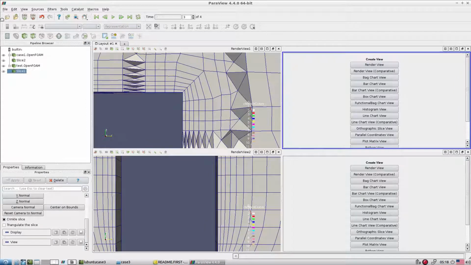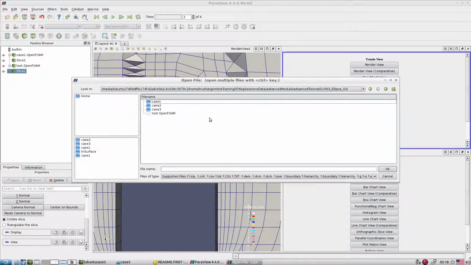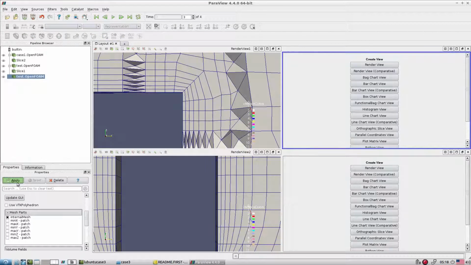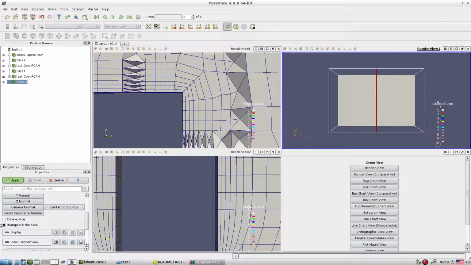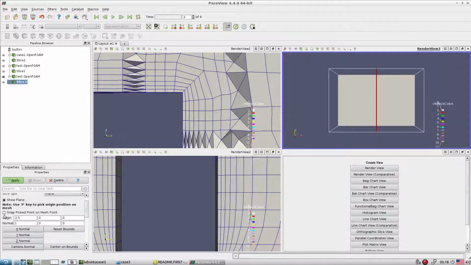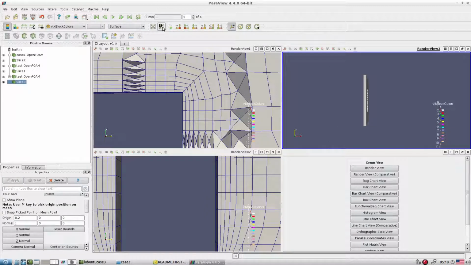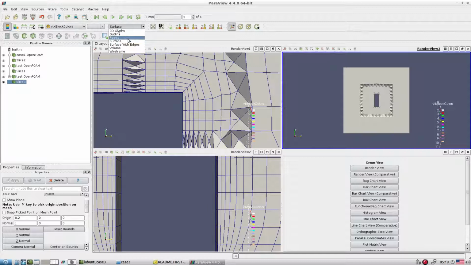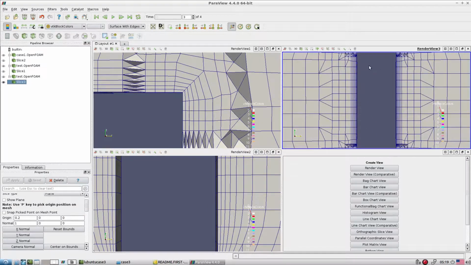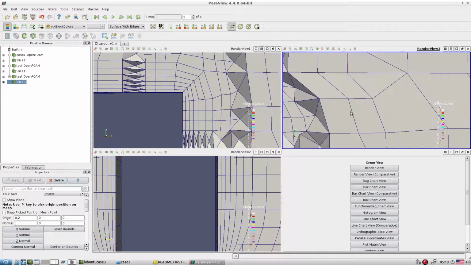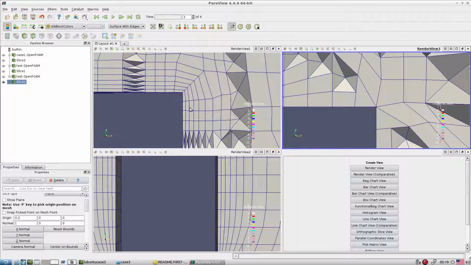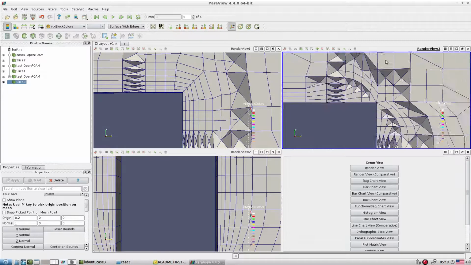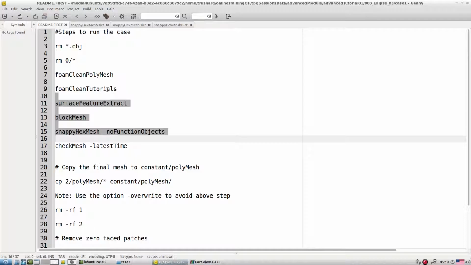So let's open here, case number 3. Okay, and I am cutting the slice at the same location. I don't want this, I want 0.2 as the location, and I cut the slice. And let's look at this. So look, if you look at this corner, you understand here we have a nicely wrapped layer mesh even near the corner. So when you decrease this value, which value?